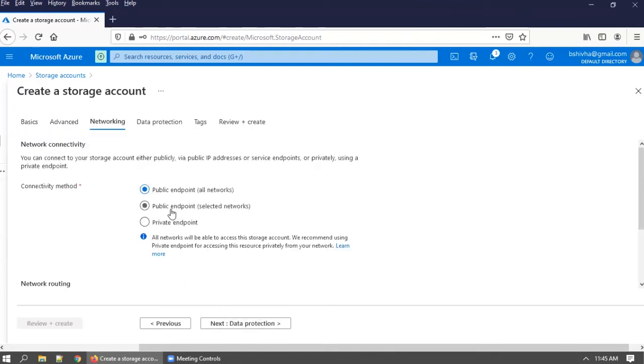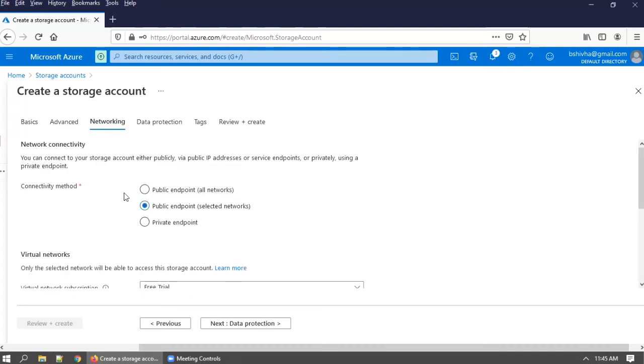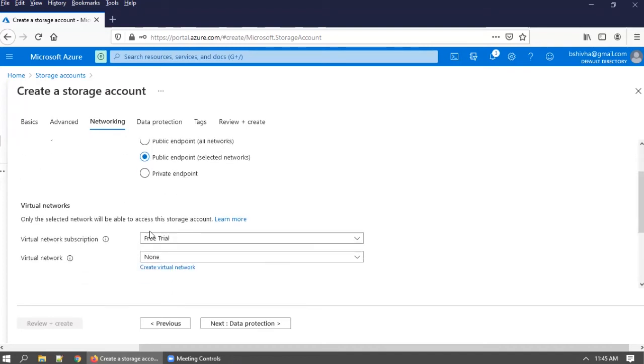And for the public endpoint, whatever networks you have will be allowed. If you don't want to allow blob storage access from all networks, you can go with selected networks, but you need to make sure which networks you need.